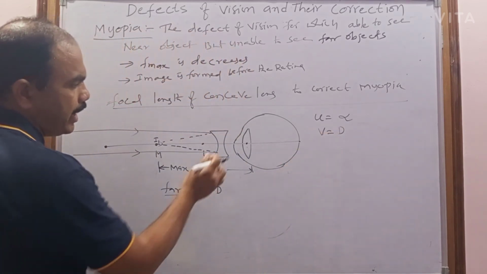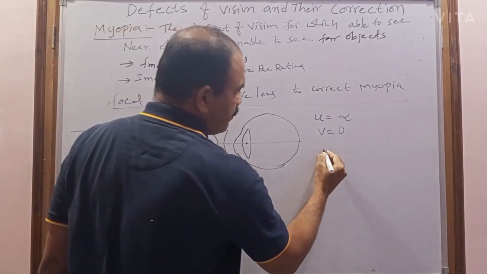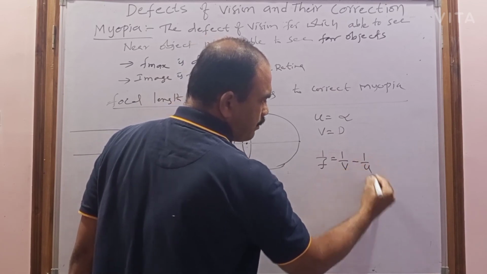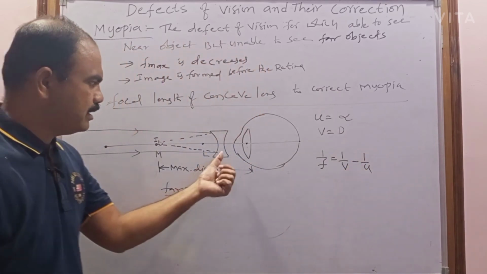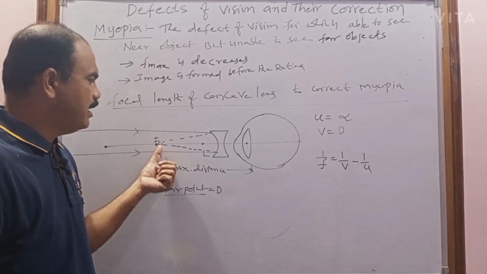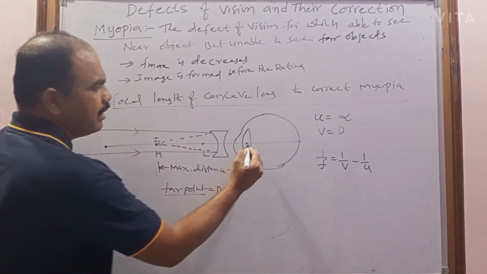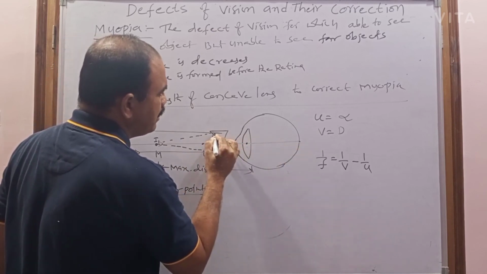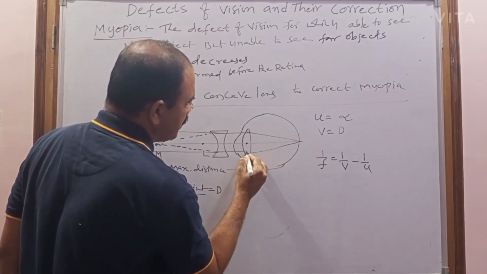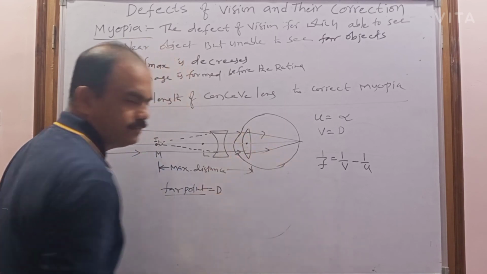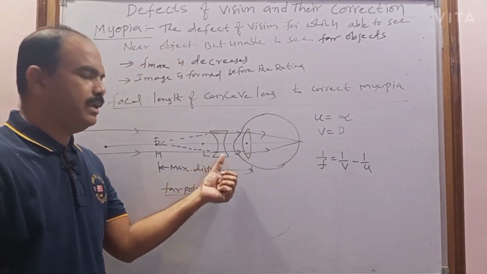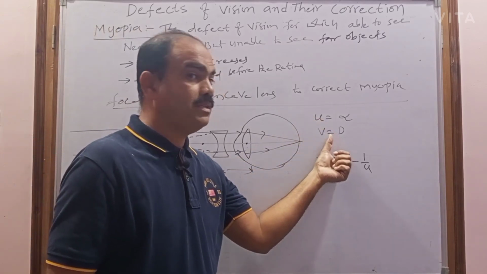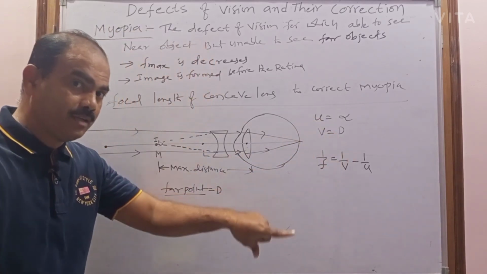So now how can you calculate this focal length? The focal length can be calculated by using the lens formula: 1/f = 1/v - 1/u. So if this concave lens forms the image I1 at M, then what happened? Now this eye lens can form the image where? The image on the retina. But you have to calculate the focal length. So already you know the object distance and image distance. But this image distance is nothing but the far point distance of that person.